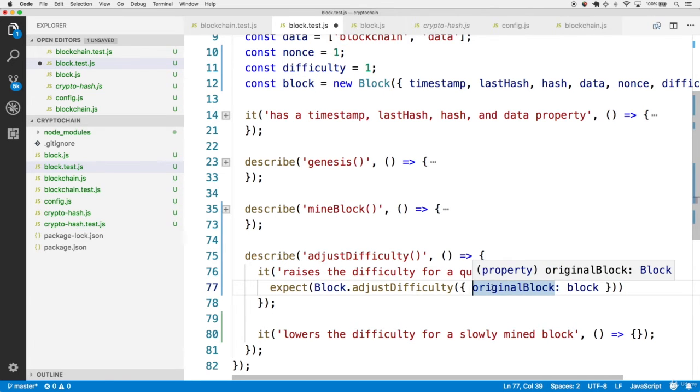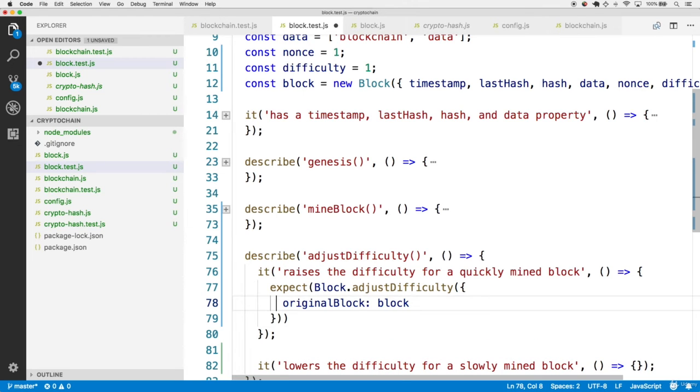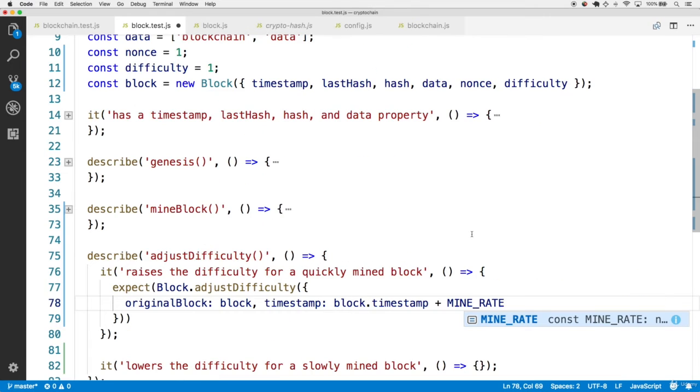So when we adjust the difficulty, we're also going to have a field for the timestamp, so that way it can figure out whether or not to raise or lower the difficulty of the block depending on that timestamp. In this case, we want a quickly mined block. So let's use the original block.timestamp. We'll add the mine rate to this timestamp, but then we'll lower how quickly that block was mined by 100